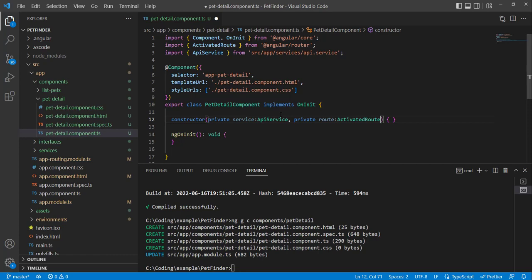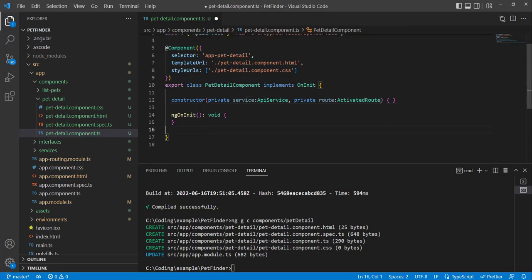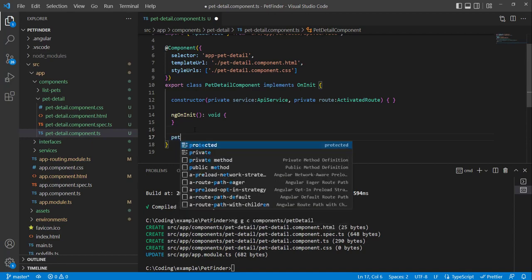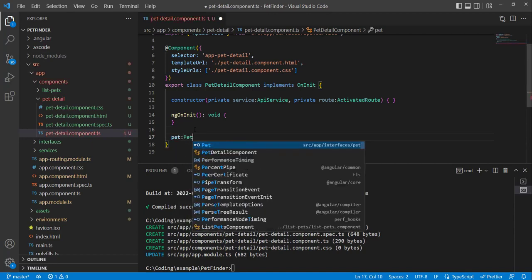It helps us to grab that ID that's being passed in. Alright, so let's build out this component first. I know that this component is going to show a pet. That means I need a variable to hold that pet. So I'm going to do pet of type pet